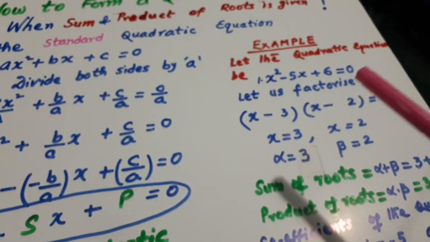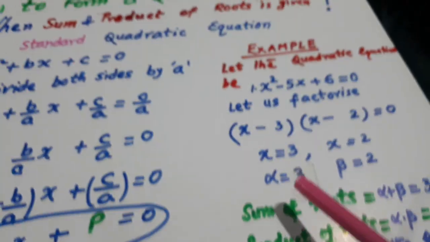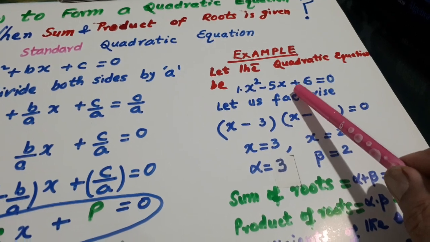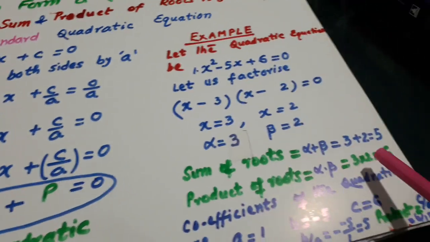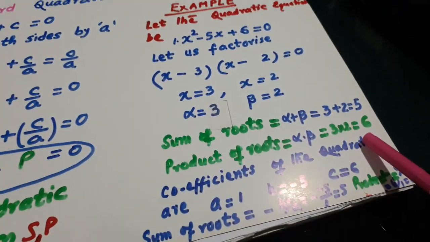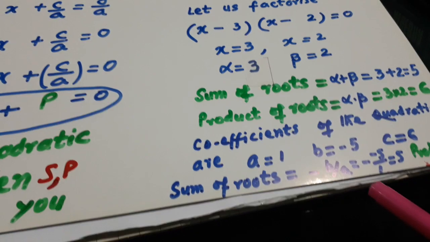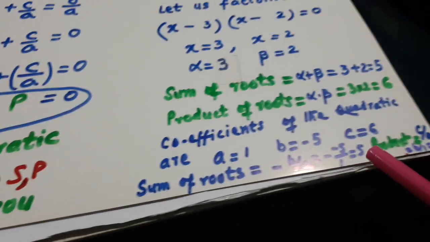And supposing here alpha is 3, beta is 2 in this equation, x square minus 5x plus 6. The sum of the roots is 5, the product of the roots is 6. So the coefficients of the quadratic equation are 1, minus 5 and 6. So look here, minus b over a will be 5 and